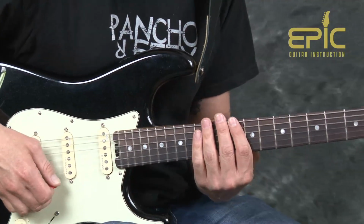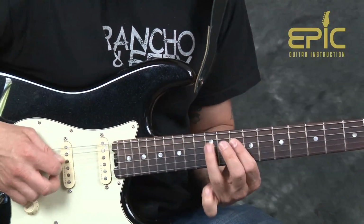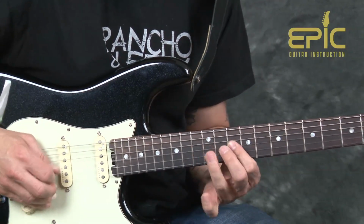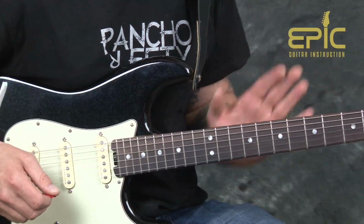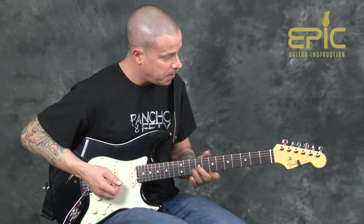We're going to call this the first form of our pentatonic scale. As I get into the lead playing of this, I must say,